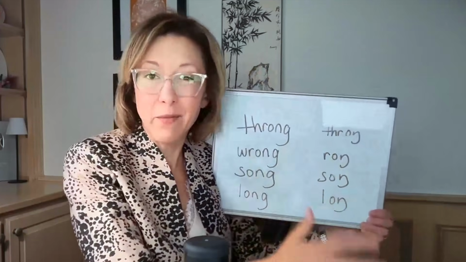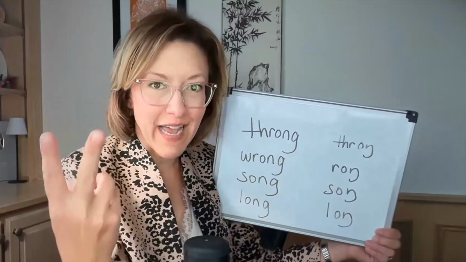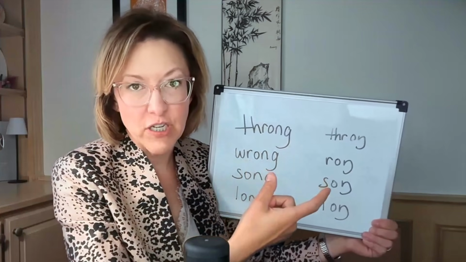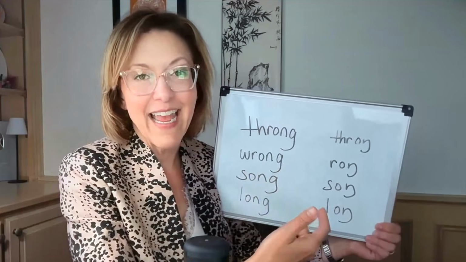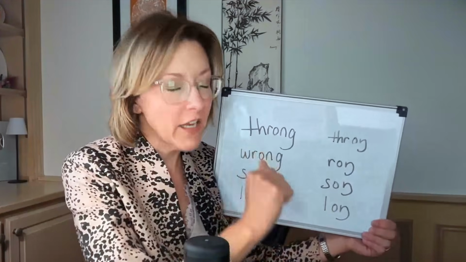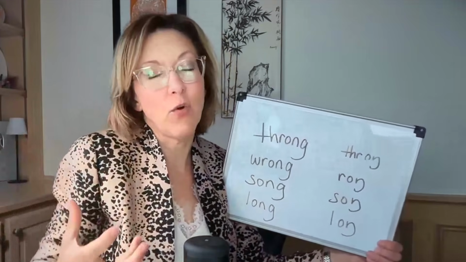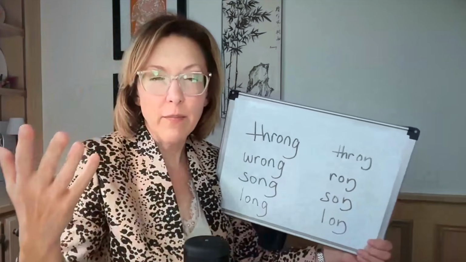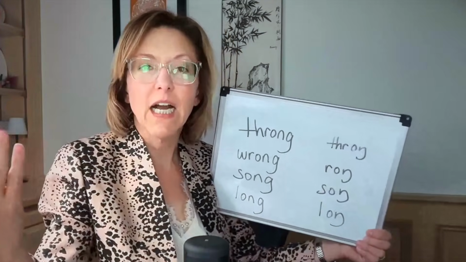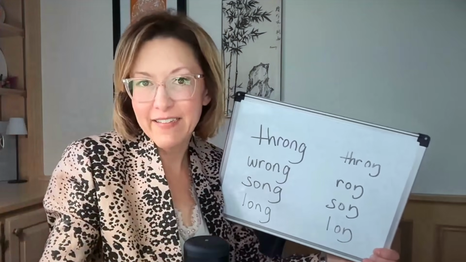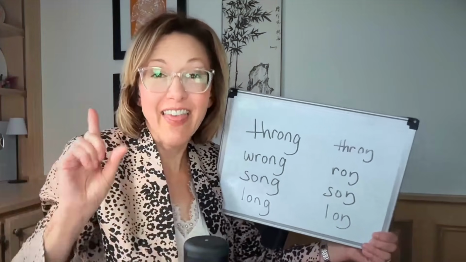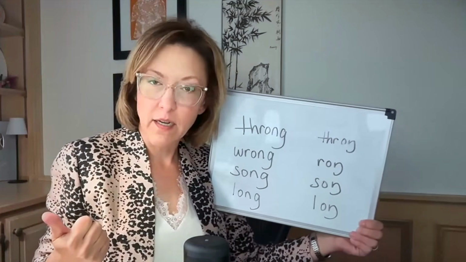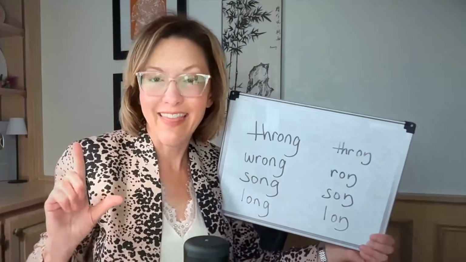Let's talk about this ending pattern. So we have two sounds to end these words. I'm using a phonetic symbol here, this NG symbol, and this is a nasal sound. It is not an N plus a G. It is its own sound. So to say this NG sound, think about, first of all, saying the G sound, G, G, G, and the K sound, K, K, K. Okay, that is where your tongue needs to be for this sound. So let's say it again, G, G, K, K. Okay, that's where your tongue is.